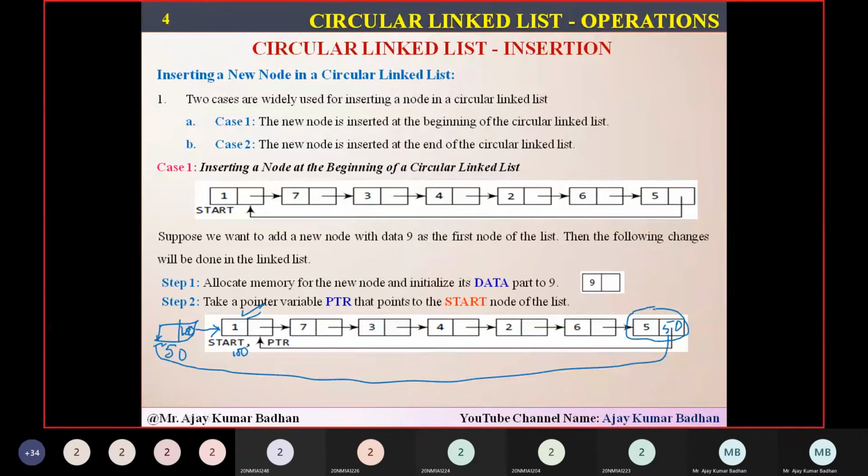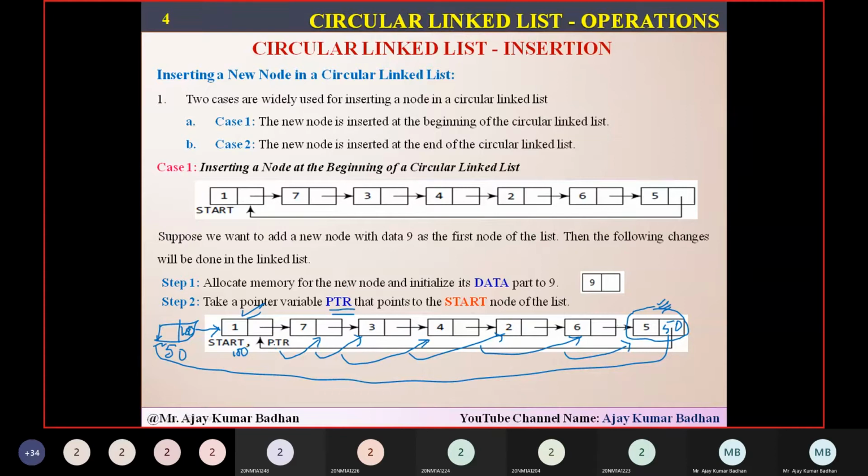If we have to access this particular node, what is the node? The last node. That's the reason I am creating this particular pointer. That's the reason we are creating a pointer variable which is pointing at this location. Now this pointer variable will traverse one by one each and every node, and it will reach the last node present here in this particular case. So that is nothing but this one.